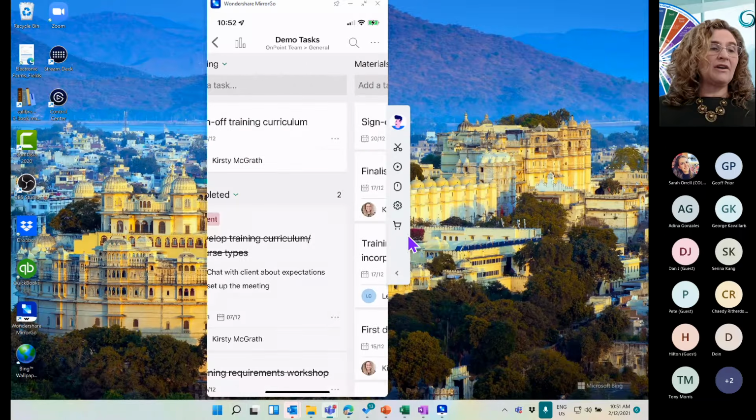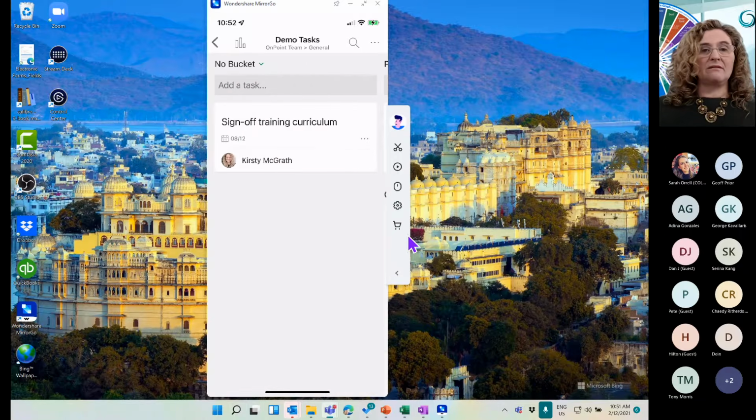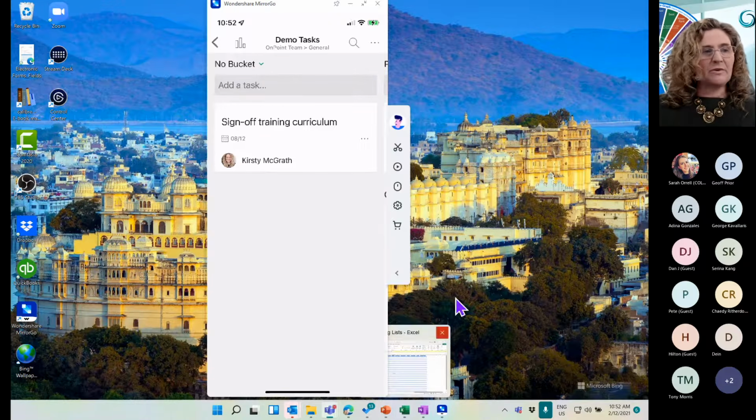If I have it all in a SharePoint list, the great part is I can actually export this to Excel, and you can even import from Excel into a SharePoint list. So if you've got all this already in Excel, because a lot of times we deal with it inside Excel rather than in the past, that's where we might have done all our project management. We can go over into Excel and bring it up.